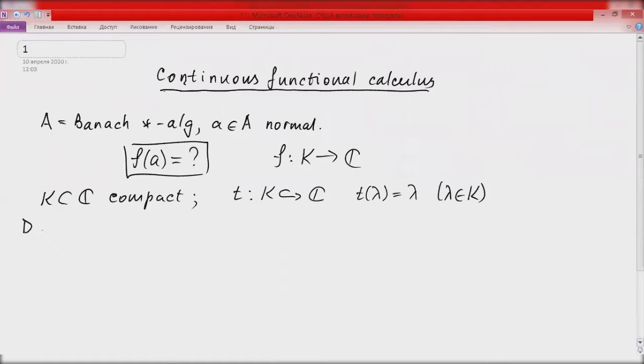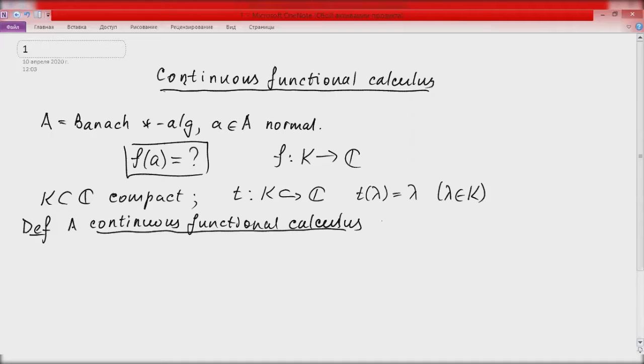By definition, a continuous functional calculus for a on K is a continuous unital star homomorphism, which will be denoted by gamma_a, from the algebra of continuous functions on K